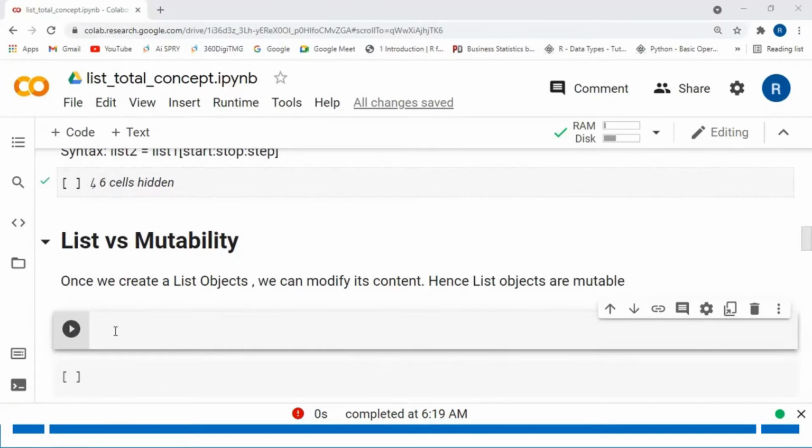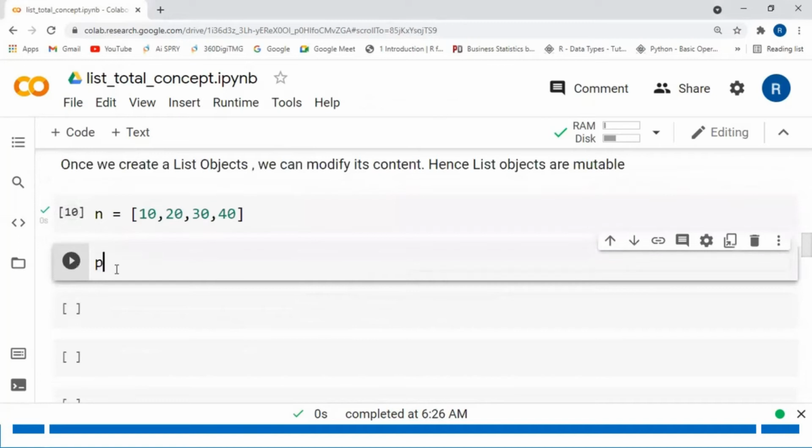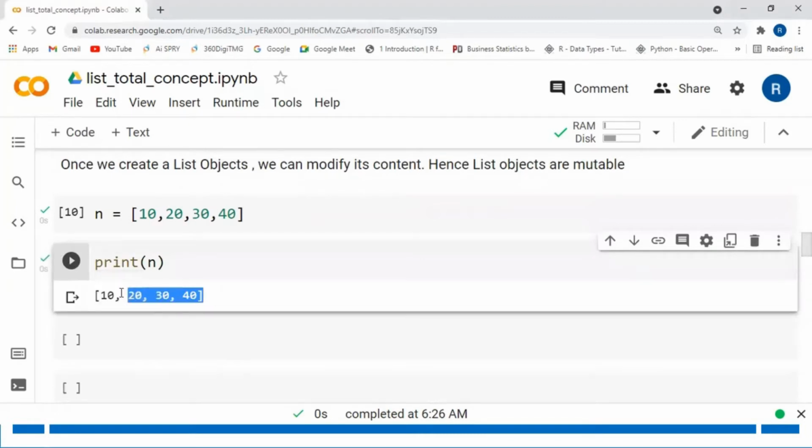Once we create a list object, we can modify its contents. Hence, list objects are mutable. Here I am defining one list. n is equal to 10, 20, 30, 40. This is my list. I am printing that list. Yeah, this is my list.